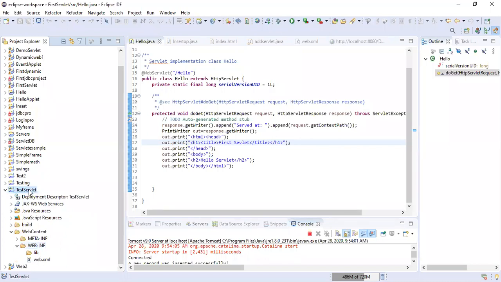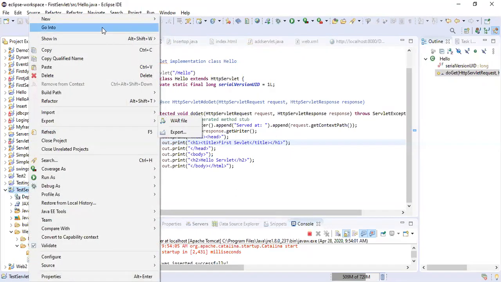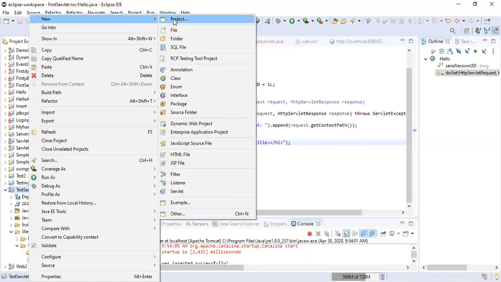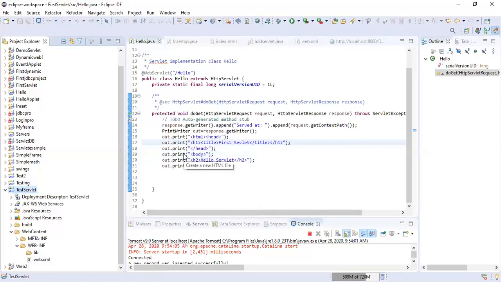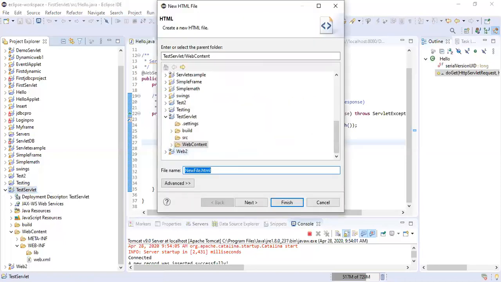So go to the test servlet, right click the test servlet and say New, HTML. I'm going to create an HTML file first. Give the name of that HTML file, say index.html. Say Next.